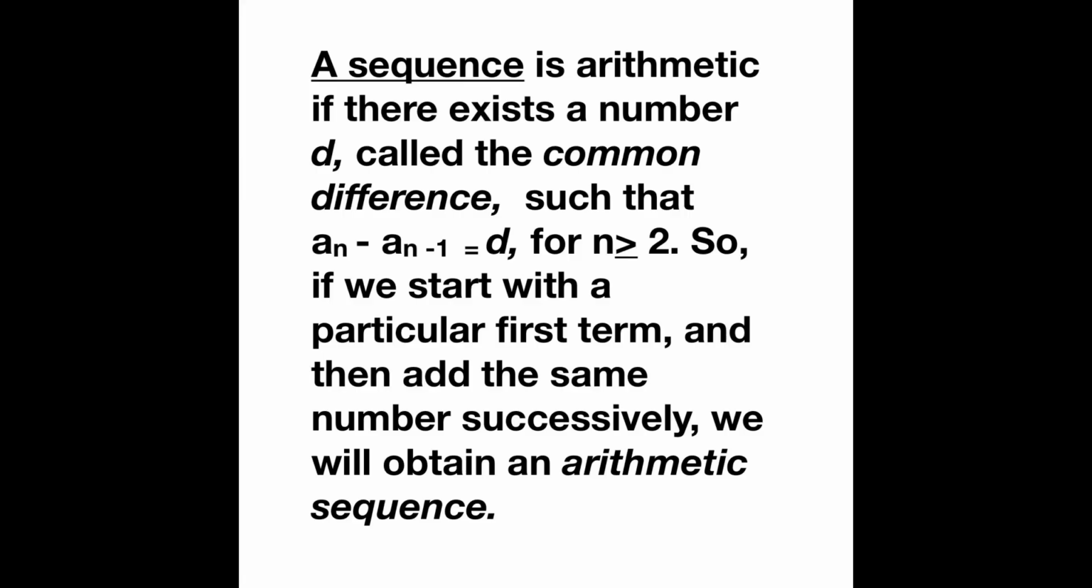A sequence is arithmetic if there exists a number d, called the common difference, such that a sub n minus a sub n minus 1 is equal to d for n greater than or equal to 2. So if we start with a particular first term and add the same number successively, we will obtain an arithmetic